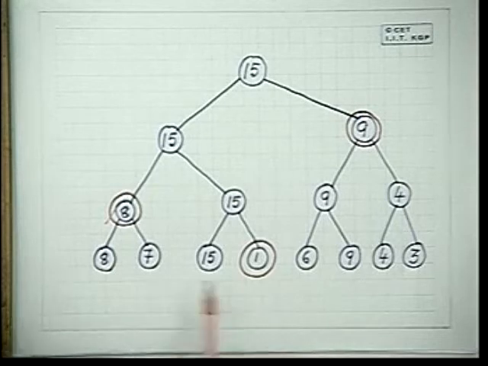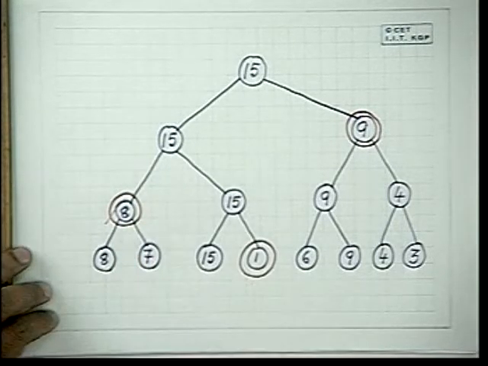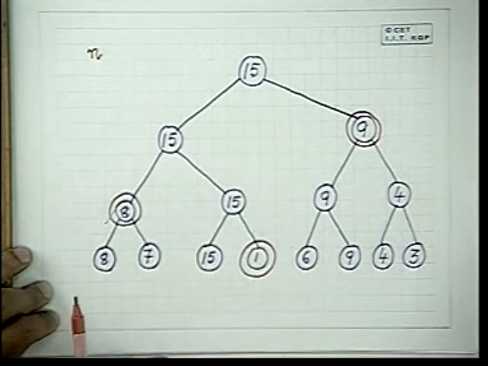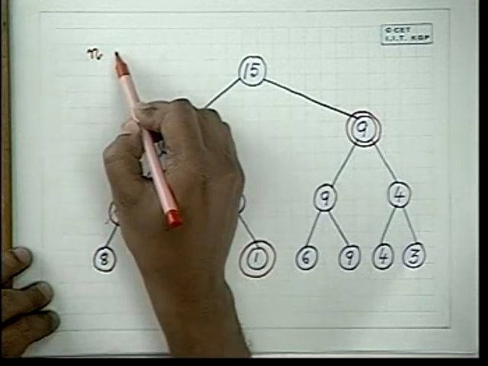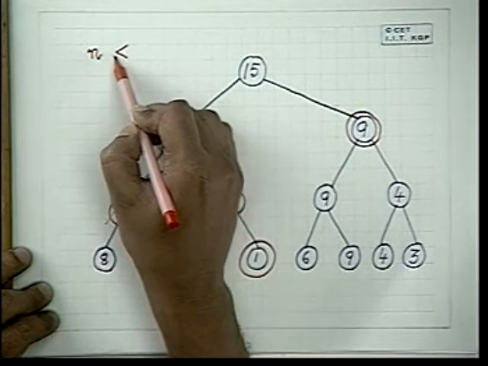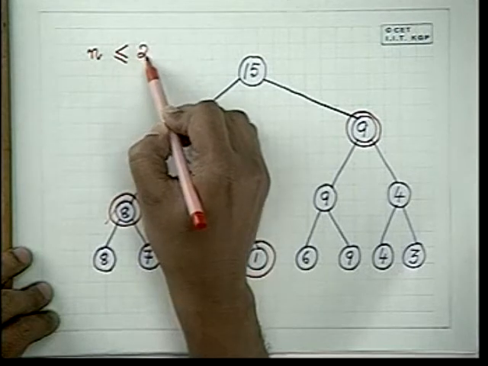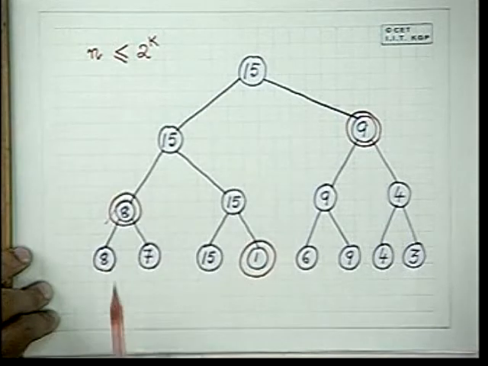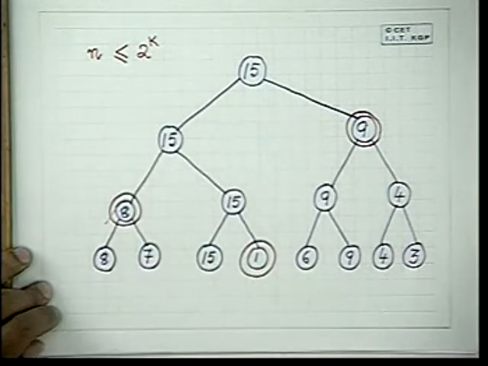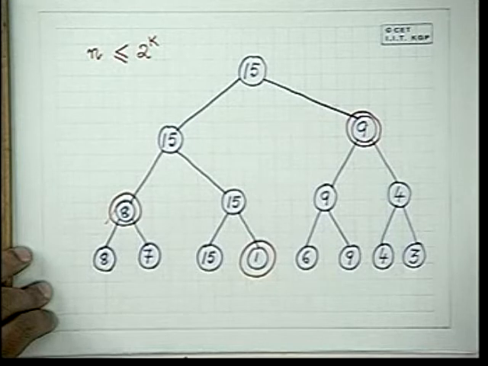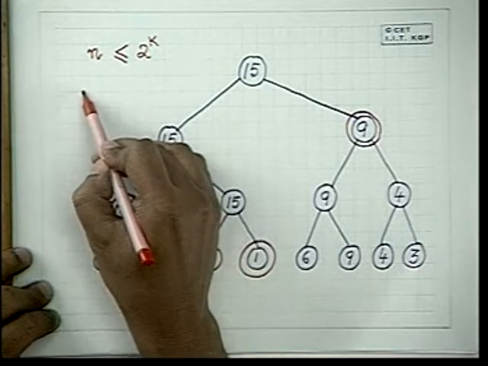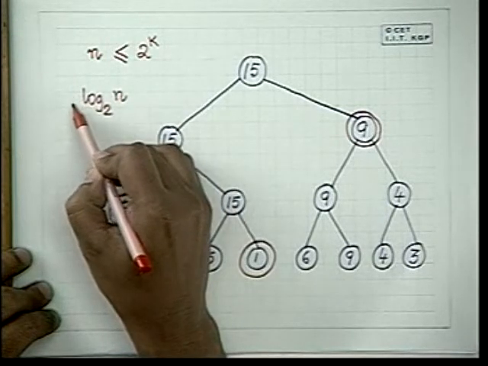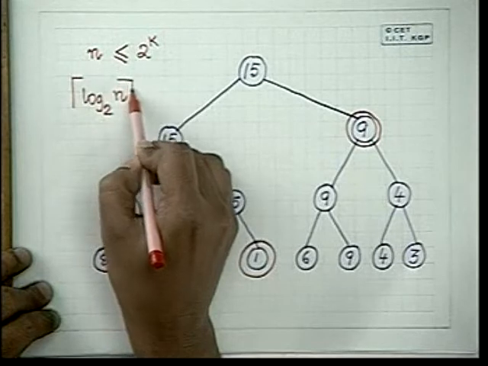If there are 8 players, then you can set up the tournament by playing only pairwise so that the length of the path will be 3. That is, you can make n players play in such a way that the length of the path will be k, such that k is the smallest integer for which 2 to the power k is greater than or equal to n. In other words, the length of the longest path can be reduced to this value.